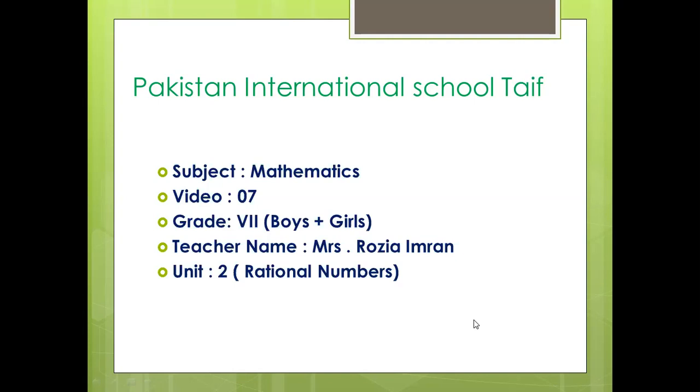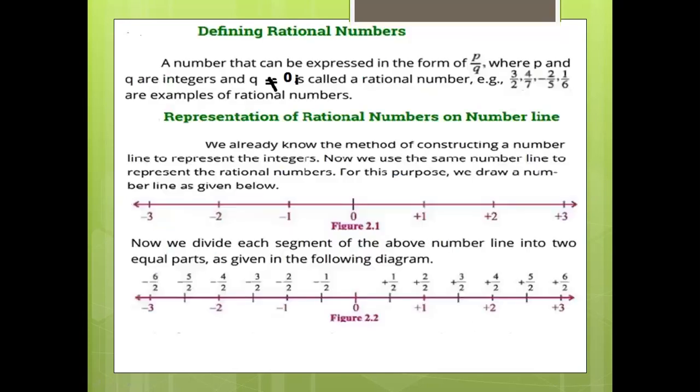Now come to the next chapter. The next chapter is chapter number 2, rational numbers. So what are rational numbers? Defining rational numbers: a number that can be expressed in the form of p by q, meaning a number expressed in the form of a fraction where p and q are integers, meaning the numerator and the denominator should